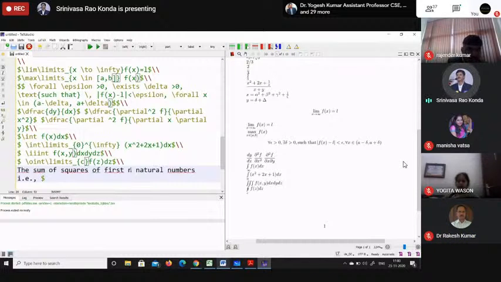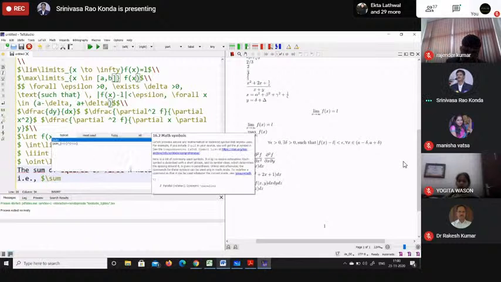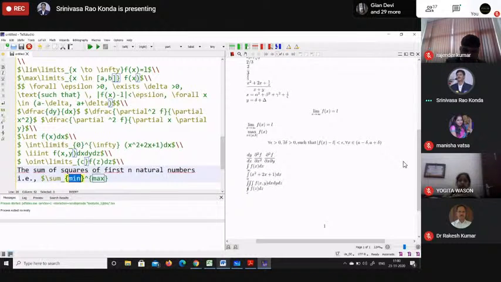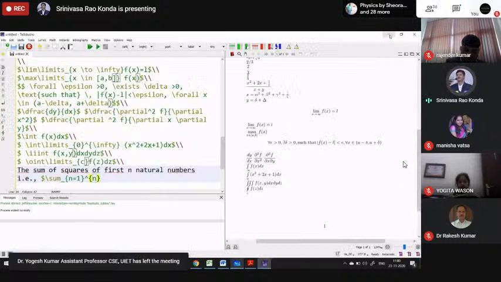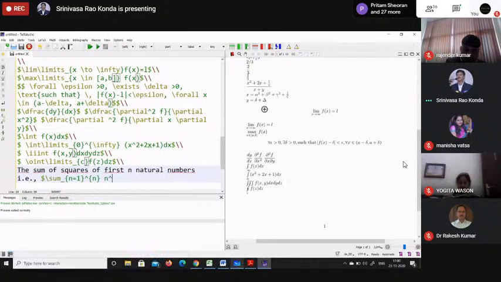How to get the summation symbol? The command is backslash sum, with lower limit n is equal to 1 and upper limit n. Summation n is equal to 1 to n, n square, n cap 2 is equal to \dfrac